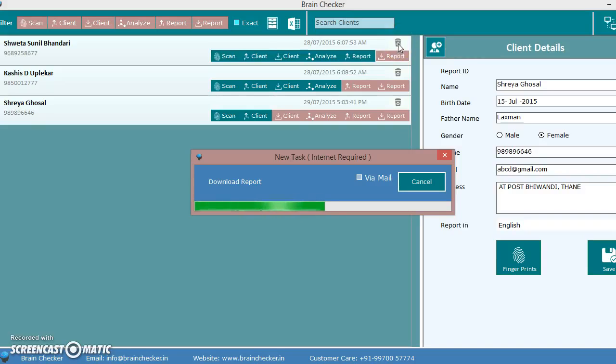As soon as you press this delete button, all the 6 functionalities will turn green and this particular student will disappear from the screen after you synchronize the information with the server. Now this is naturally going to happen for Shweta because her first 5 functionalities are complete and the last functionality, which is downloading of the report, is going on right now. At times the report does take 2 to 3 minutes to get downloaded because it is around 8 MB in size. Once the downloading is complete, even this button shall turn green, and as soon as you synchronize this information with the server, Shweta will move away from the screen and move into the archive screen.